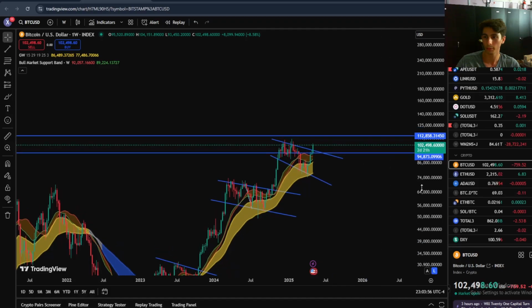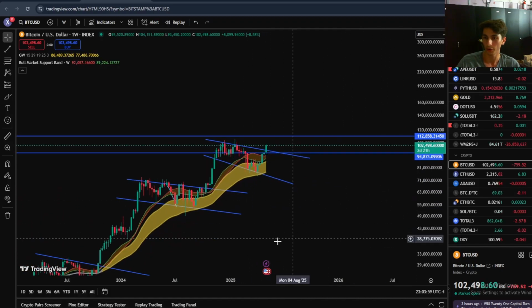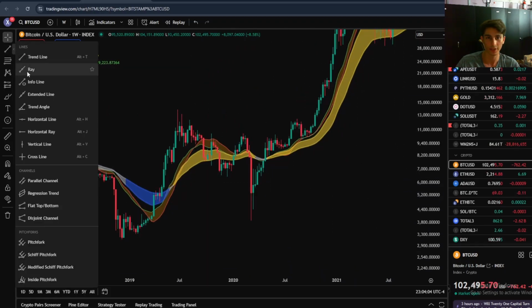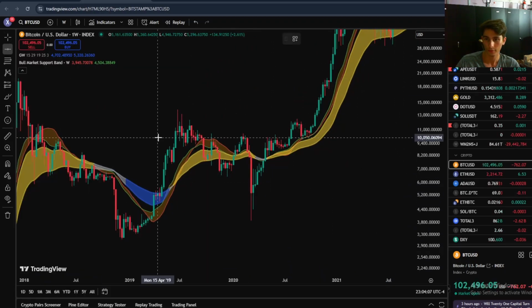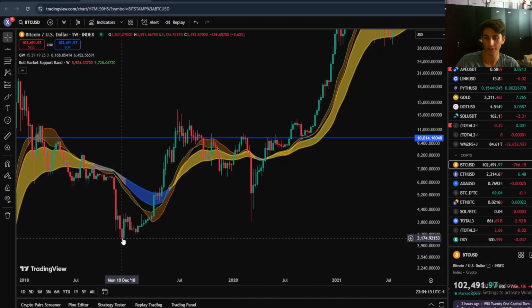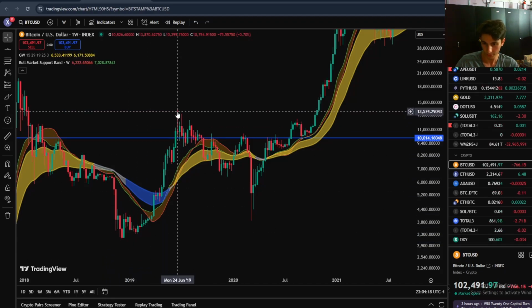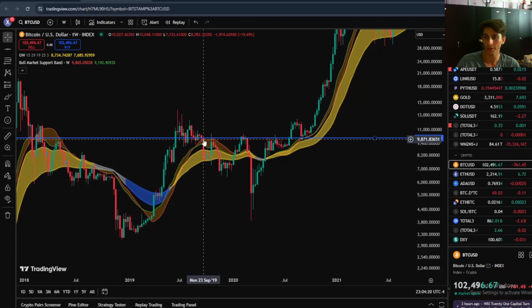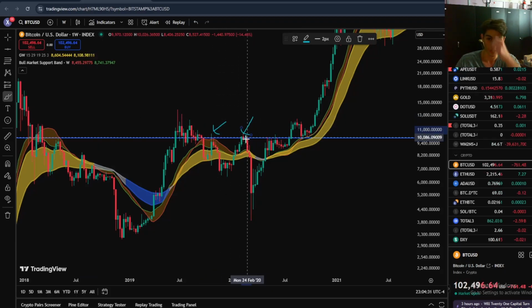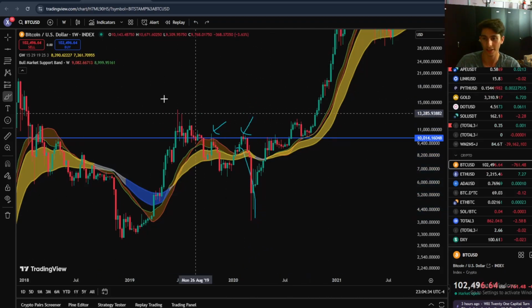So why do I want to get a close above this level right here? Well, if you look in 2019, you can actually see we sort of had this same thing play out, where we had this big drawdown from the bear market in 2018, and we had this mid-cycle top in 2019. The point at which we broke down from around 10K, we couldn't really get a close above that level in two periods, one in October 2019 and one in February 2020. And then that naturally ended up being a recession, which I'm not saying has to happen again.